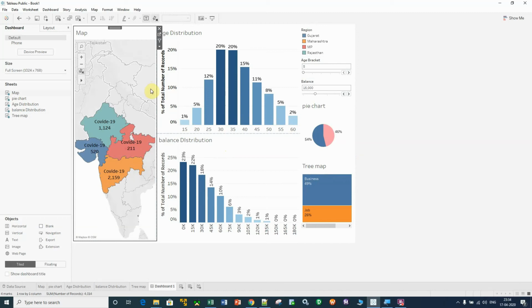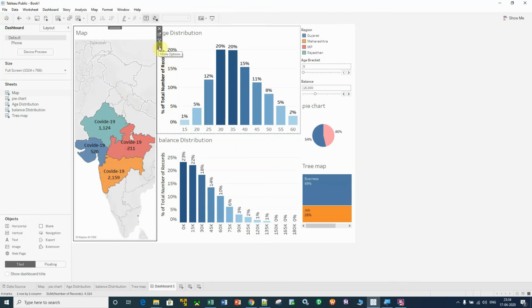To make the dashboard interactive, there is an option available in Tableau called action filter. What does action filter mean? If you apply an action filter on your dashboard, the dashboard becomes more interactive. How are you going to do that? There are two ways.